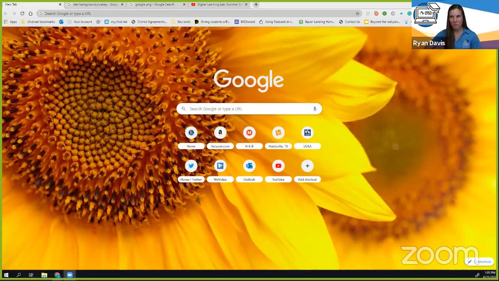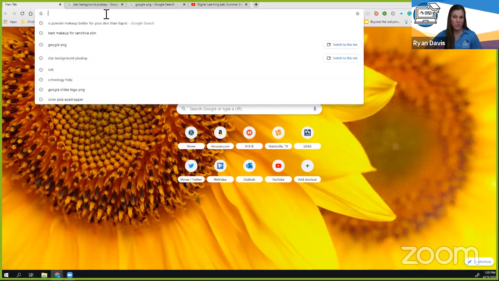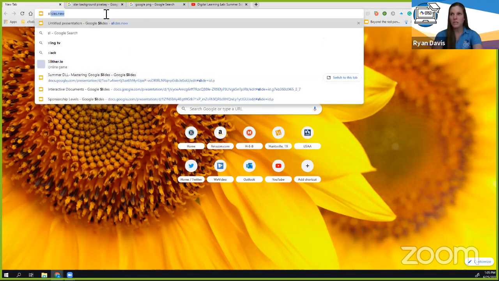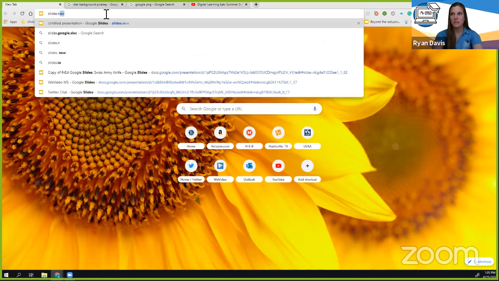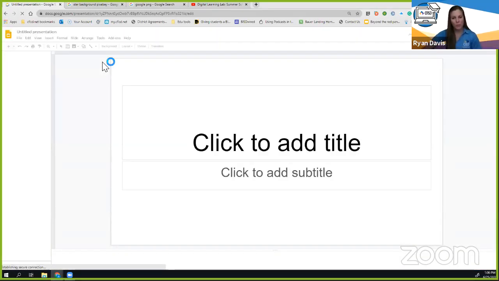So let me go ahead and show you guys my screen. Right here, I have a blank tab open. I just want to start with a new slide, a blank, clean slate, ready to go. So I'm going to come up to the search bar, the Omni bar, and type in slides.new, and it's going to take me right into a brand new